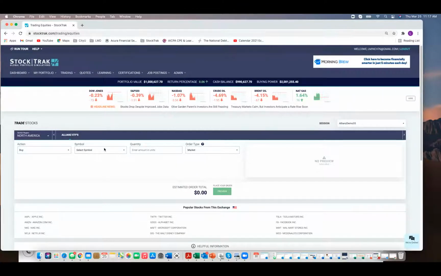So really what I wanted to show first is we have an ability to whitelist certain stocks. You could have it where the students can trade any of 35,000+ stocks, because StockTrak is on 50 different exchanges. So you can have that universe open to the students, but you can continue to narrow it down, where maybe it's just US stocks, or maybe even just certain stocks, 30 or 40 stocks that you want the